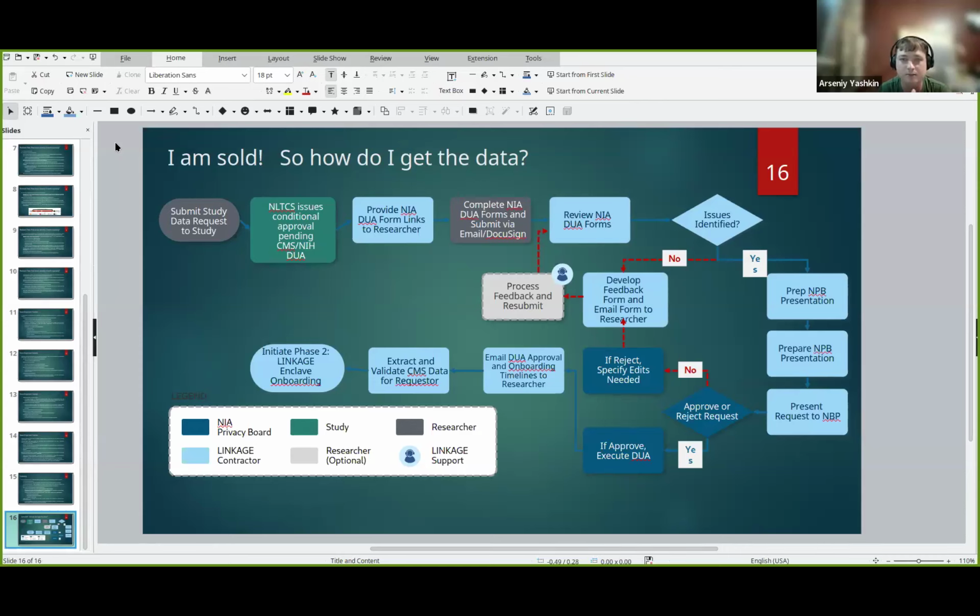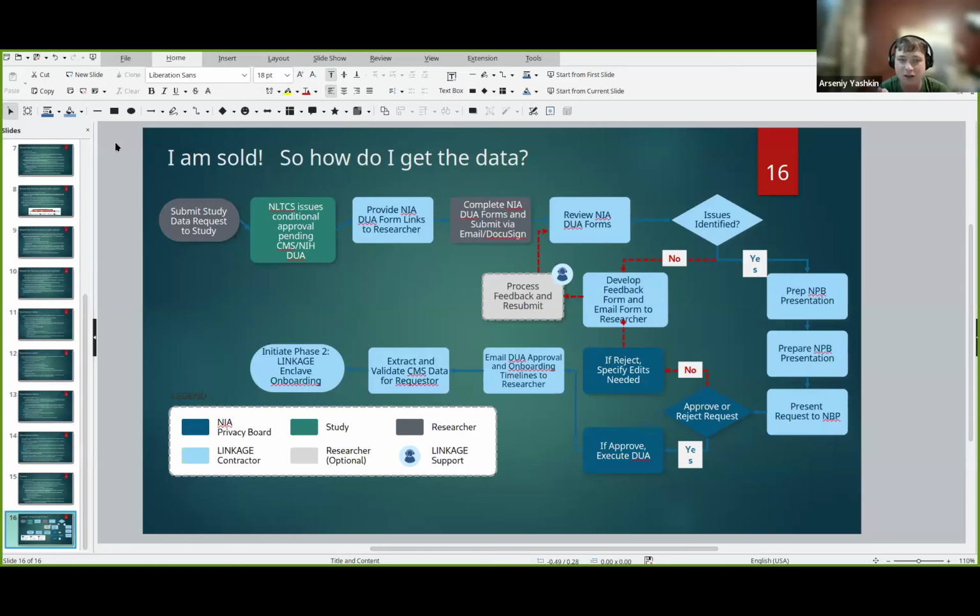And we will, 99% of the time, issue you a conditional approval. Because the only thing we require is that you get a CMS or NIH DOA. Right? They're the guys that are going to okay you using the data. We want you to use the data. And if you're looking to do something, we are going to take the extra steps to ensure that you can actually do it. So I want you to use the data. Eric wants you to use the data. I find it difficult to imagine a reject from our side.